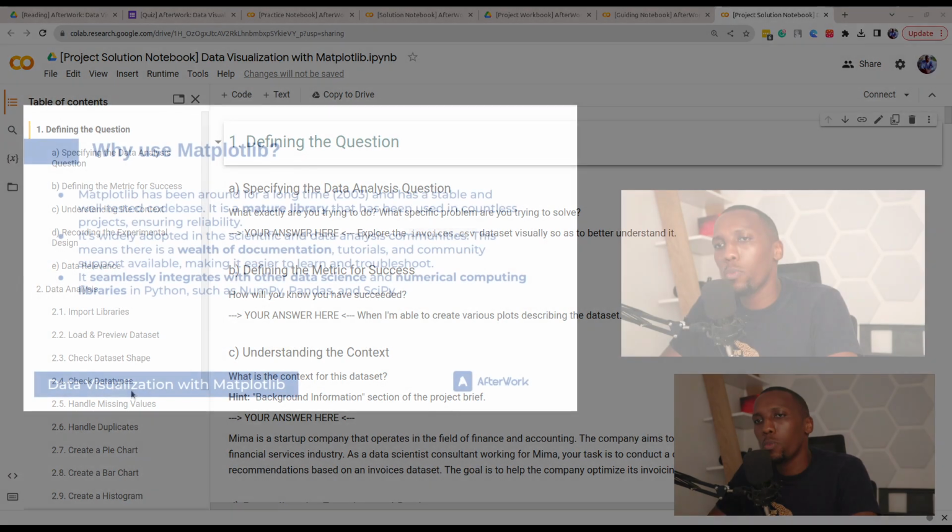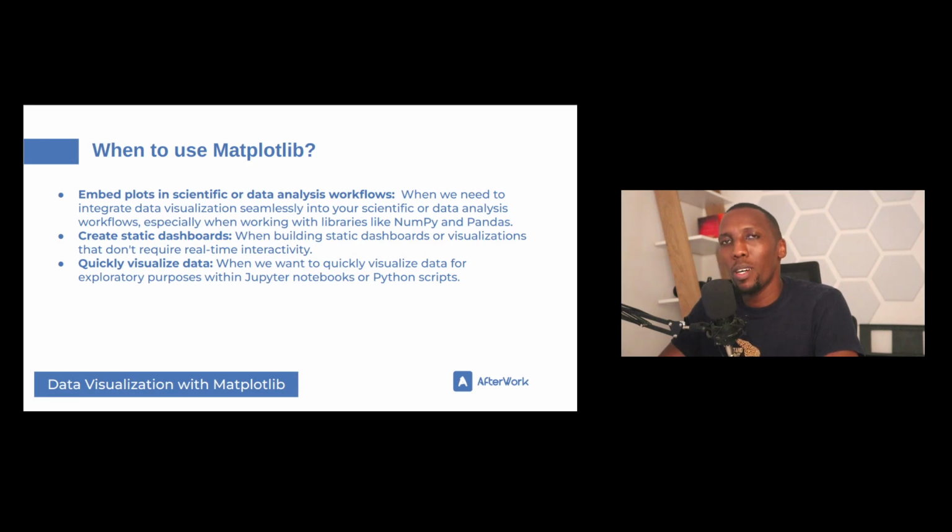When do we use Matplotlib? When should we use Matplotlib? If you have some plots in your data analysis work that you want to embed, you could generally use Matplotlib. If you want to create static dashboards, which are just a collection of visualizations that communicate one or two or three particular insights, then you could decide to use a tool like Matplotlib